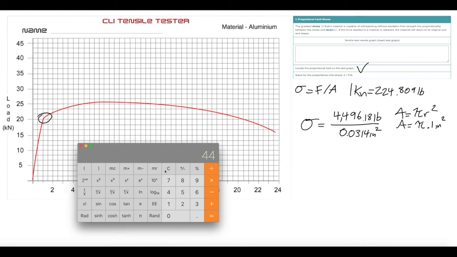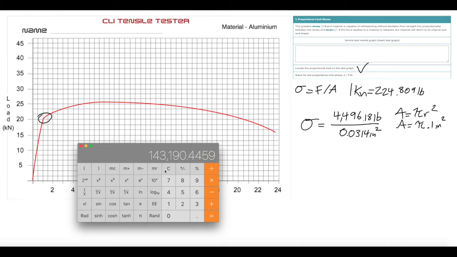You don't have to do it by hand. You could go ahead and do it with the calculator. 1/8 divided by 0.0314, and here's what I get. All right, so I get a big number here,